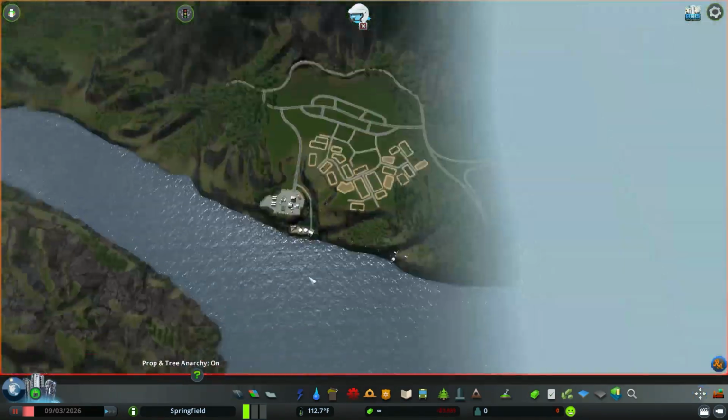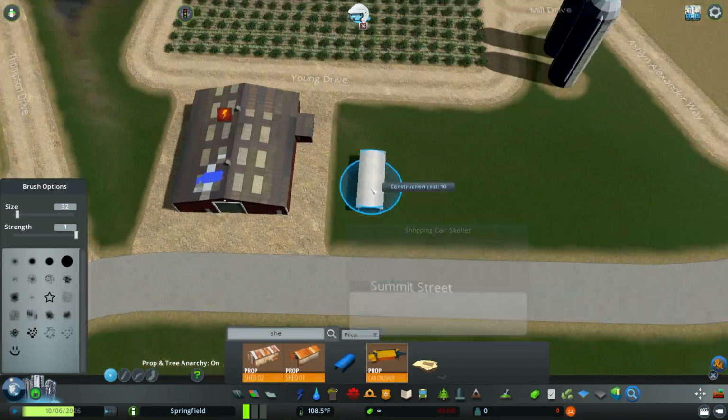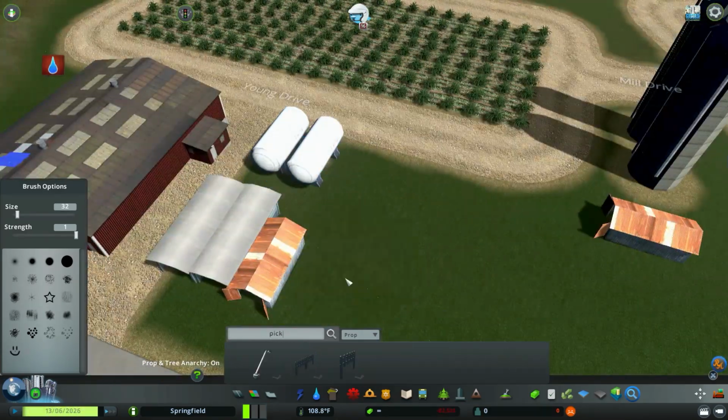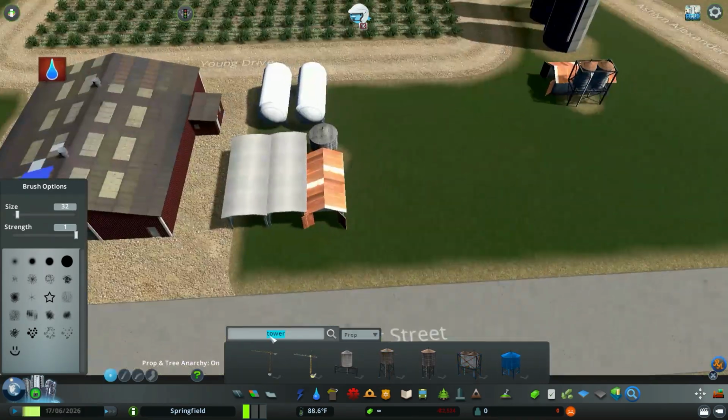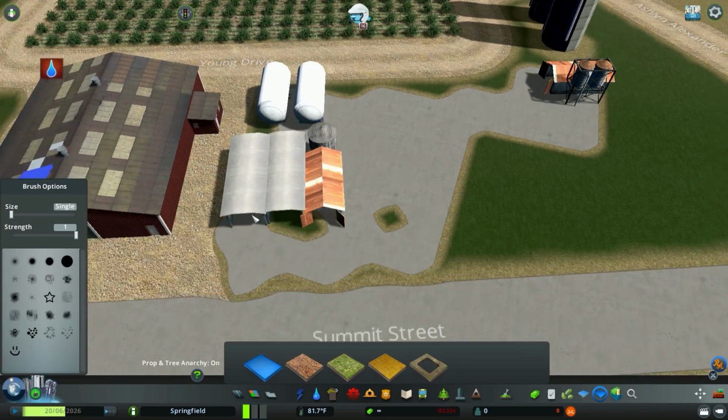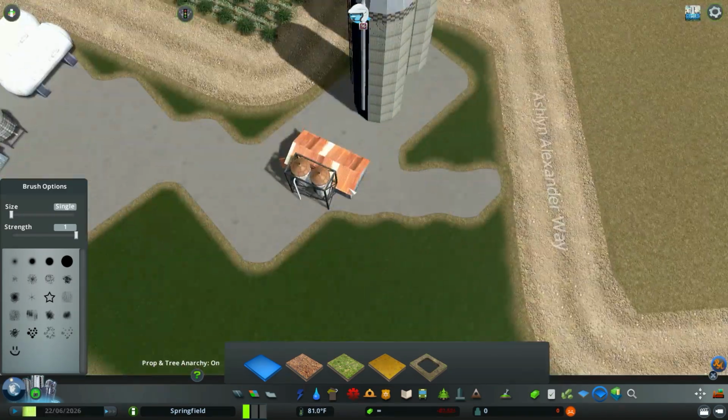I don't know if that's necessarily the mod, or the mod might be clashing with something else that I have installed. Who knows? If anyone else is experiencing the same thing, do let me know, and I would like to maybe hear some solutions. Other than that, we now have these farm sheds kind of placed around and some additional